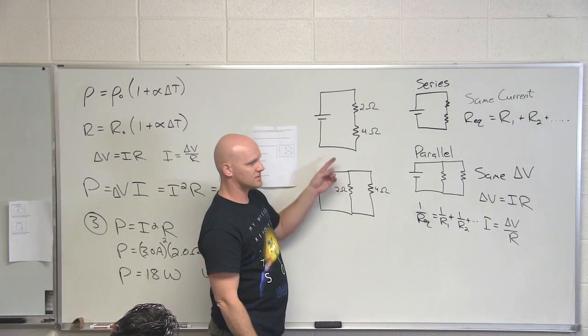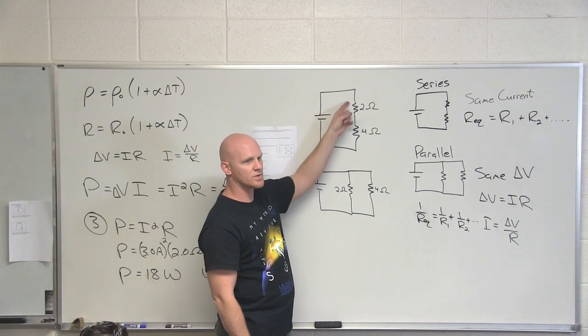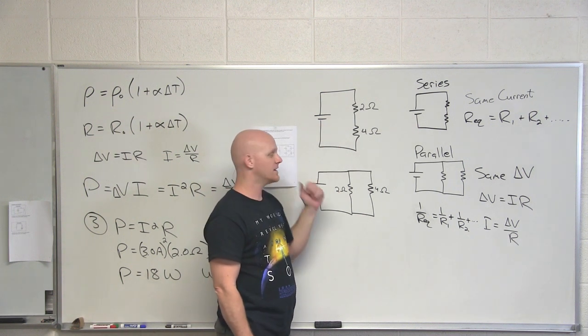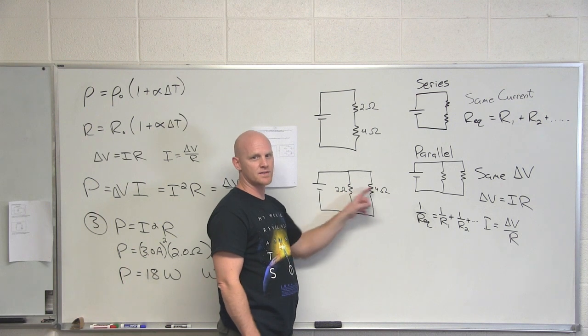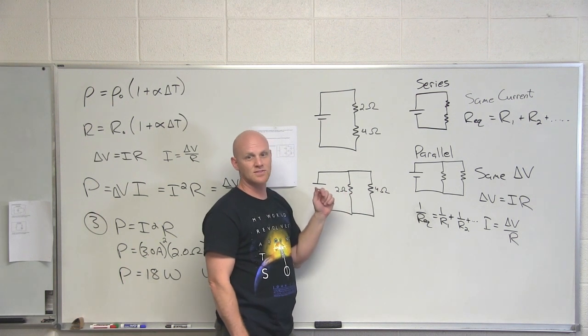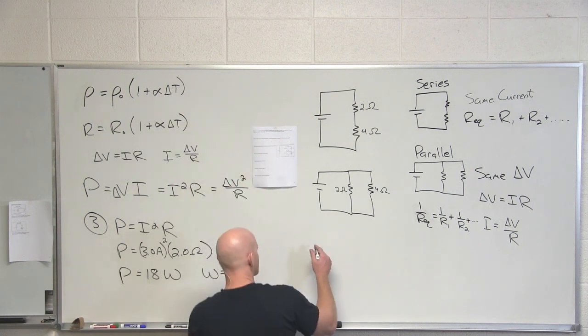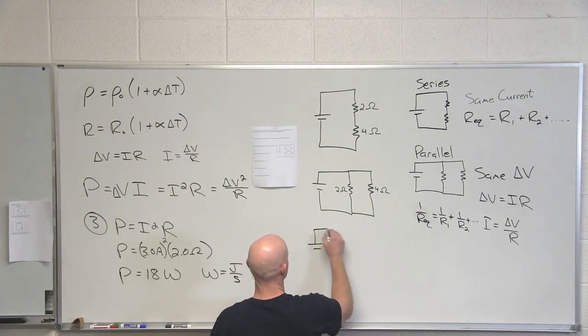ohms. So if you notice, in series, how does the equivalent resistance compare to the individual resistances? It's always bigger. But here, how does the equivalent resistance compare to the individual resistors' resistances? It's smaller. So it always works that way. One thing to take away with the situation in parallel of adding reciprocals, by the way,